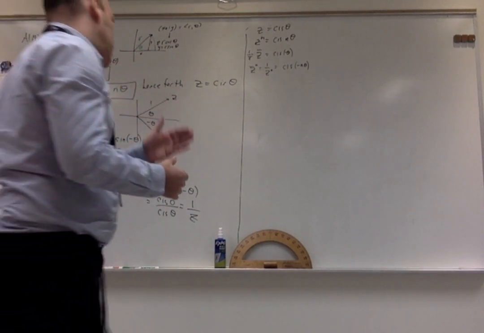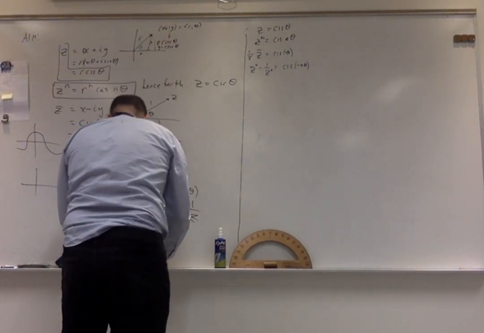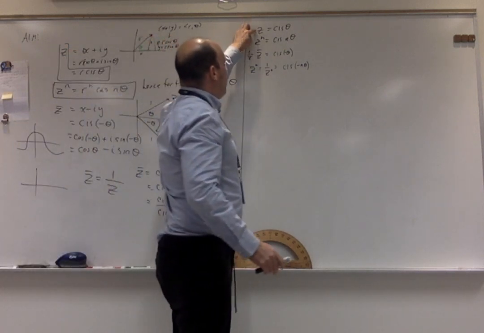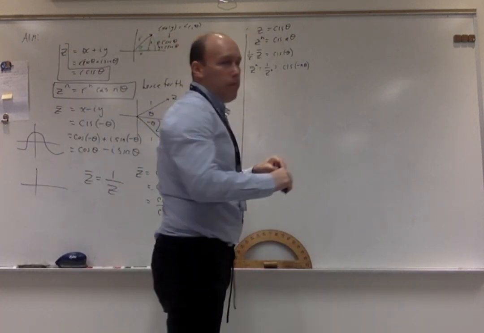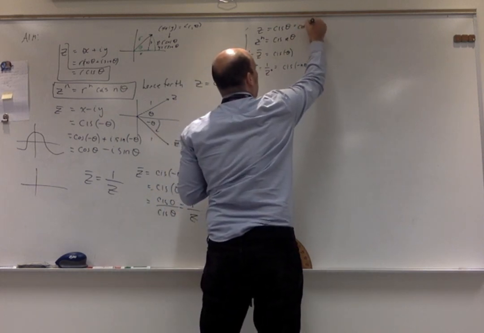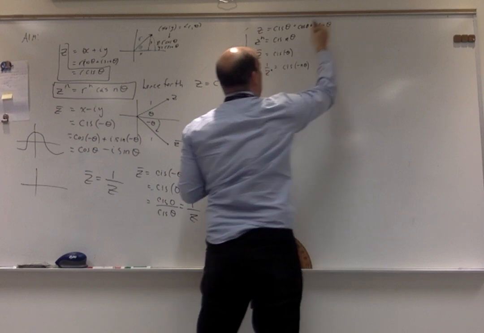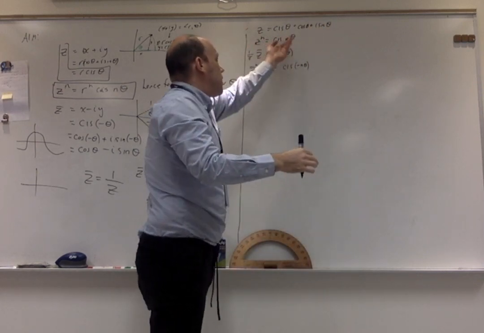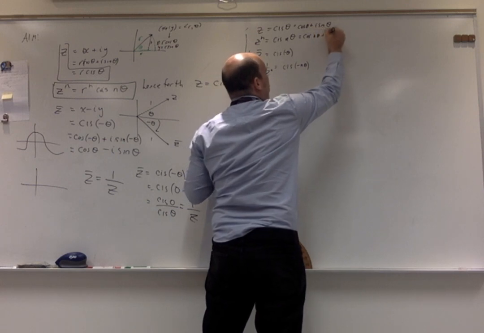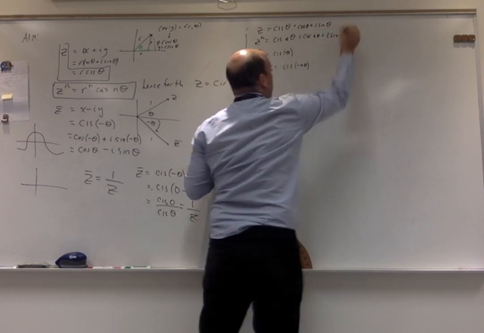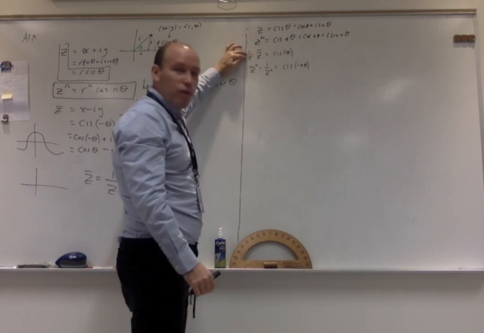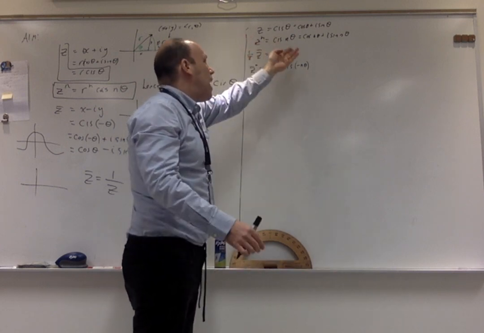Okay, let's continue with this. So, in the last video, what we saw was z was cis theta, which is cosine theta plus i sine theta. We saw that z to the n was cis n theta, so that was equal to cosine n theta plus i sine n theta. We saw that z conjugate, which actually was 1 over z, is cis negative theta,